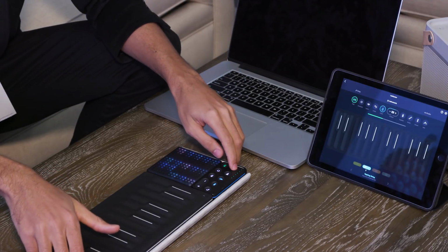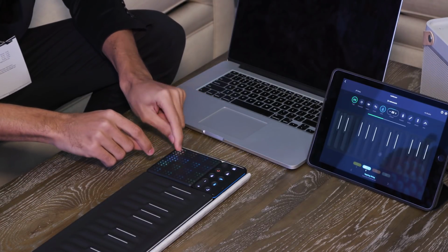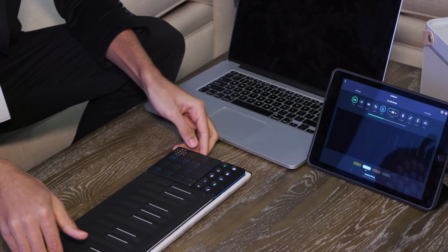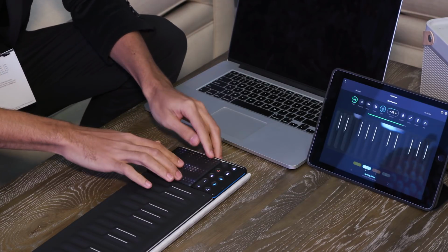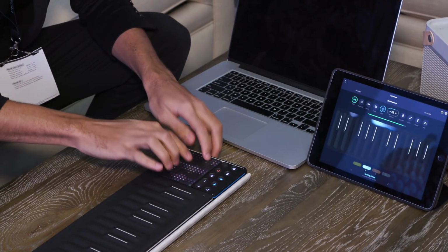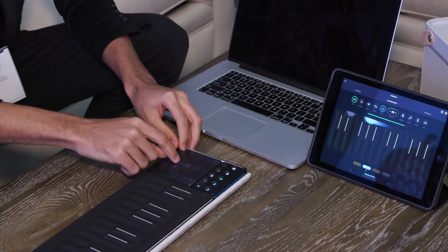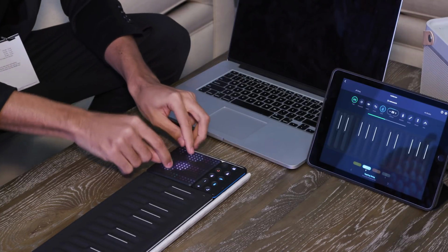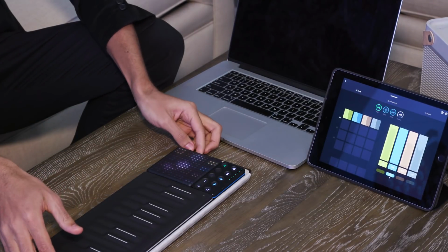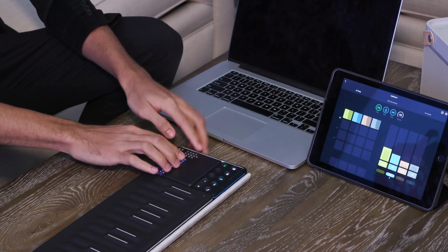Automatically looping back. I can even mix the volume levels right directly on the Lightpad. And so here, basically the idea is that once I've recorded some sounds,